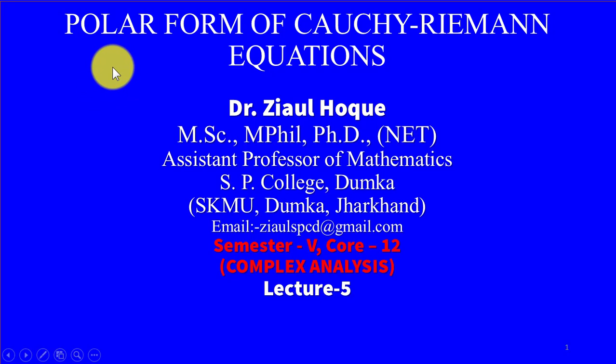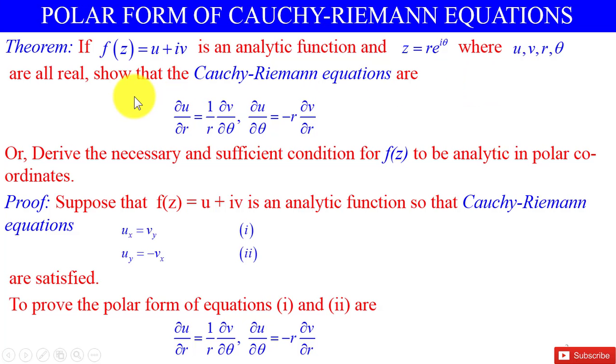Hello everyone, we are going to learn about the polar form of Cauchy-Riemann equations. Theorem: if f(z) = u + iv is an analytic function and z = r e^(iθ), where u, v, r, θ are all real, show that